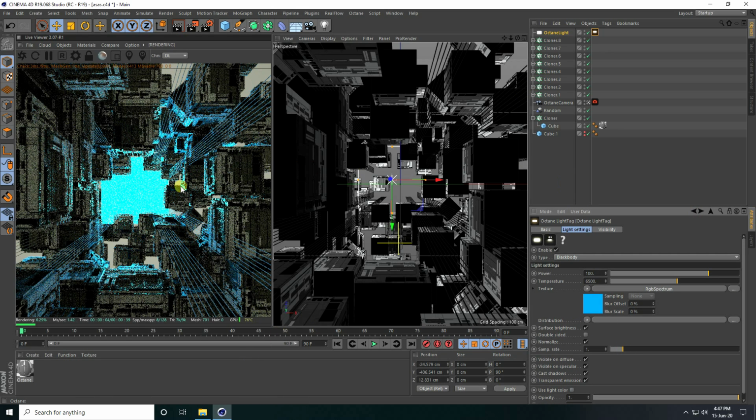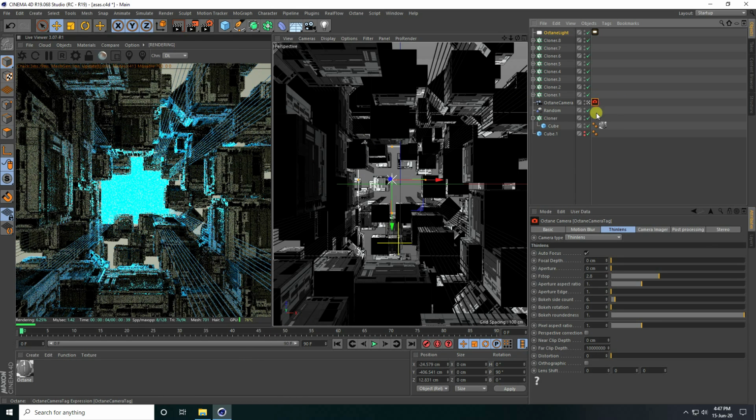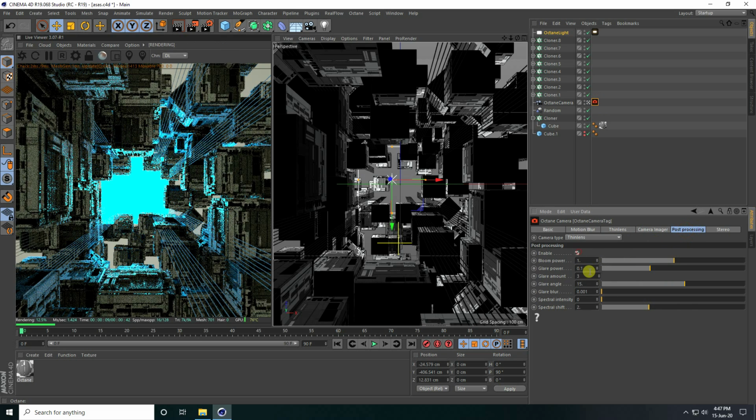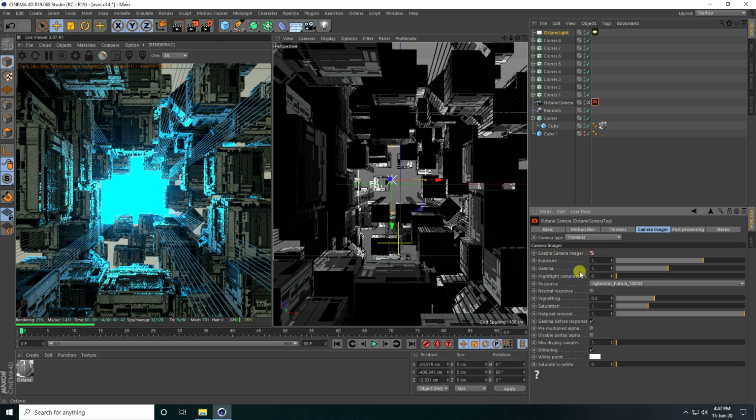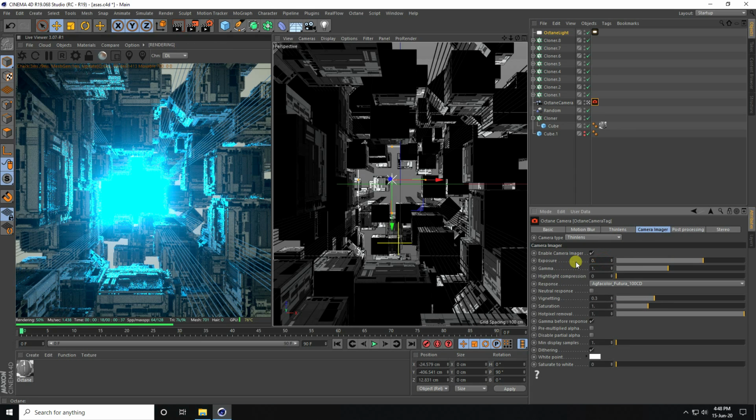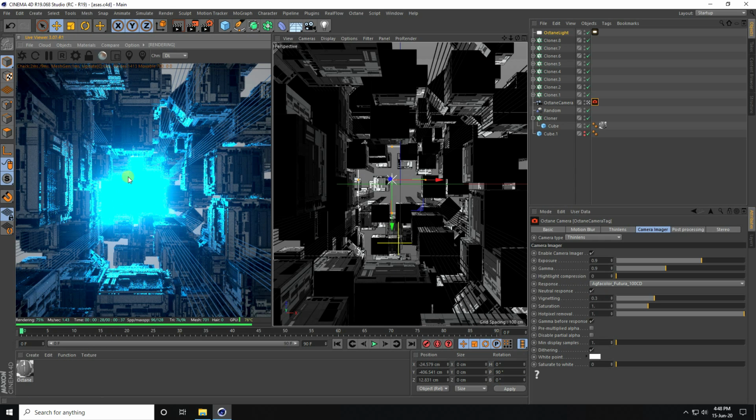Yes, so guys, now go on here, camera tag, select this one and post processing check, and bloom power I take 10, and camera imager check, exposure 0.9 and gamma same 0.9. Yes, and natural response check. Yes, see guys, that's really good. Okay, so guys, my light is complete.